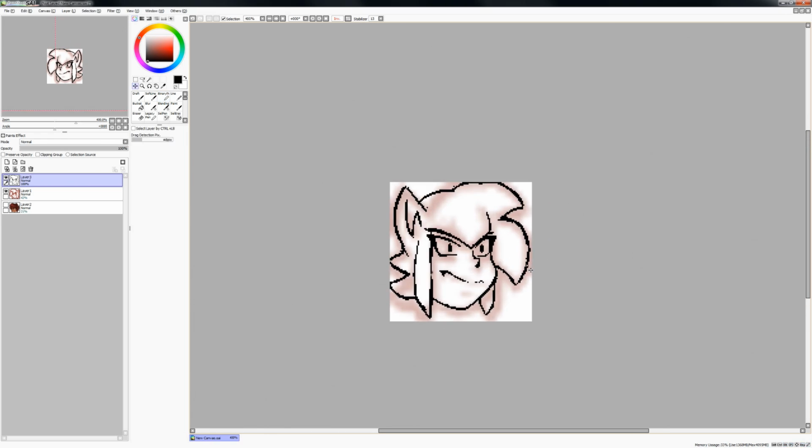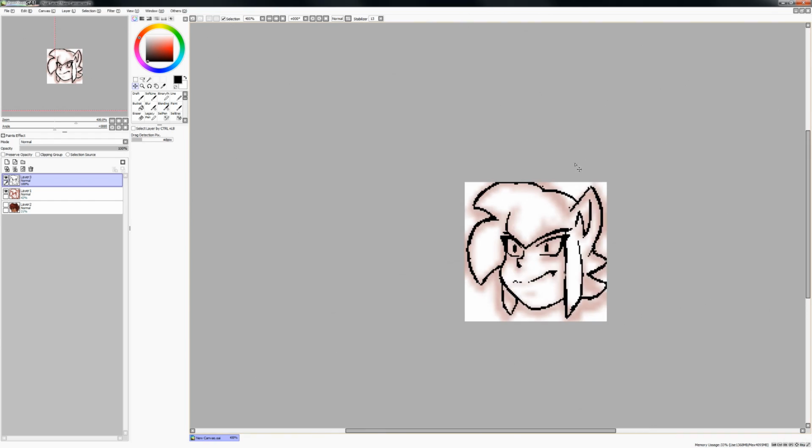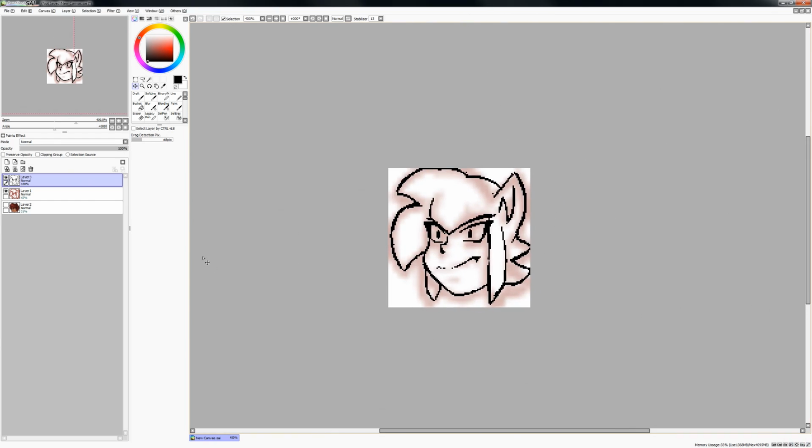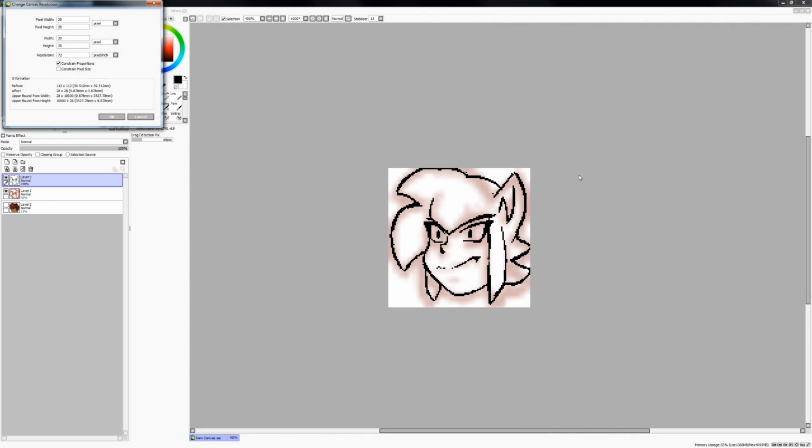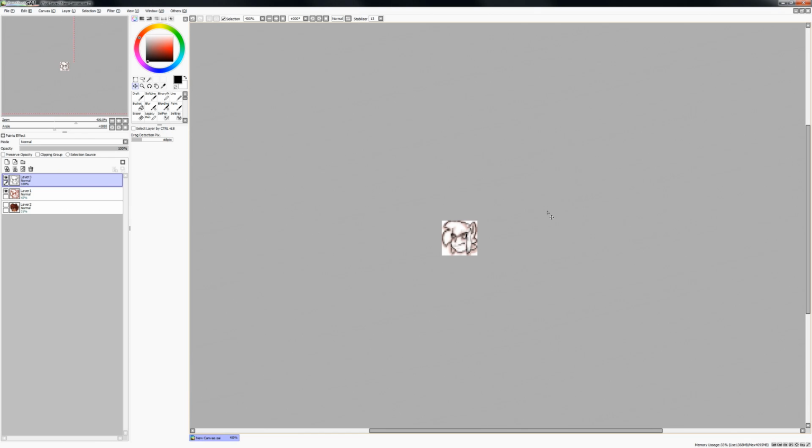And that's not perfect. And again, this is not the final thing that we were working on anyway, so it doesn't really matter. But you guys get the idea. So we take that and we shrink it back down to 28 and we see what we get. Yeah, see. Not exactly where it needs to be in terms of structure or anything, but you can definitely tell what it is.